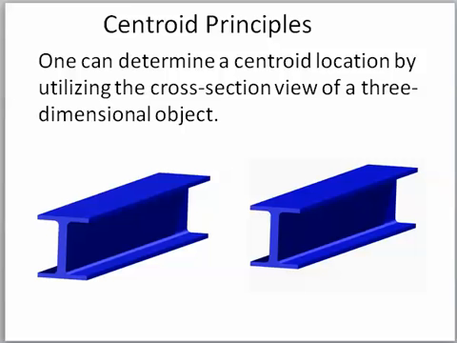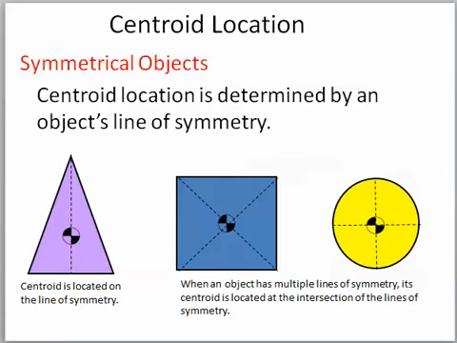One can determine a centroid location by utilizing a cross-sectional view of a three-dimensional object. Symmetrical objects. Centroid location is determined by an object's line of symmetry. So if we're looking at just one object, all you have to do is find its lines of symmetry, and that's going to tell you where the